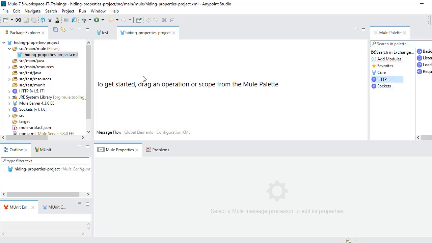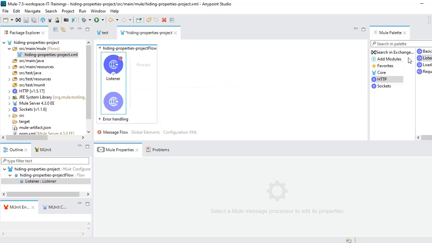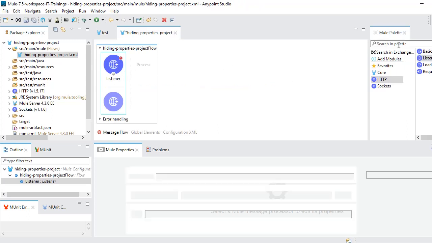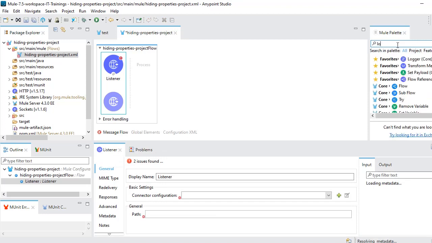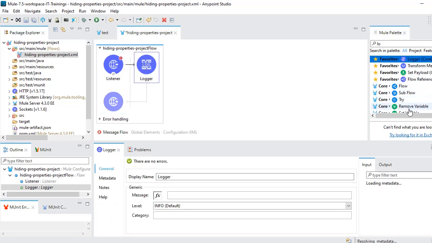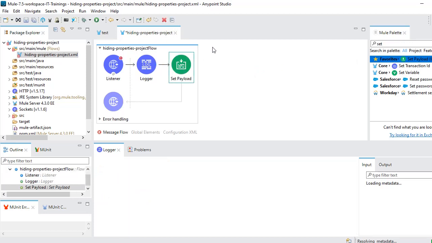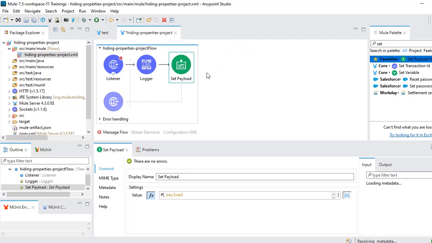I have just dragged and dropped an HTTP listener. Keep it like that, let's configure one by one. I have added one logger, and let's add one set payload. Just to help you understand in a better way, I have created simple applications for each and every feature we are going to discuss.